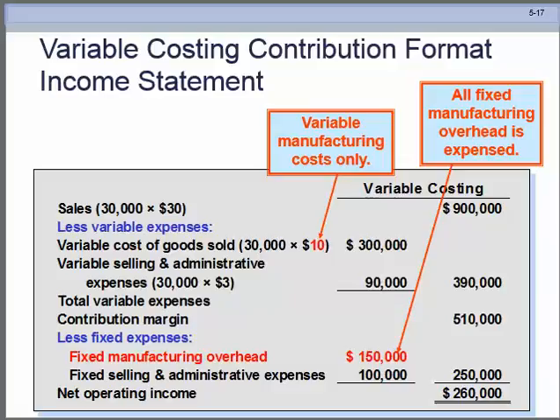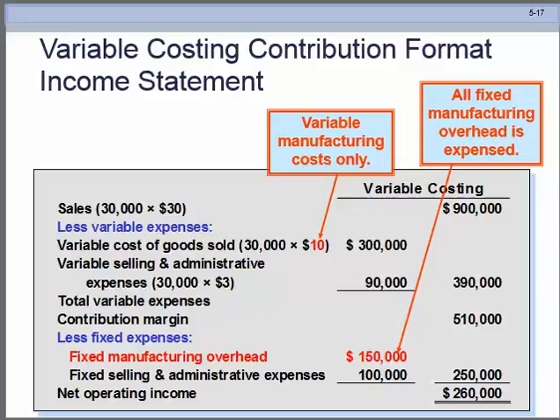Under variable costing, all fixed manufacturing overhead is expensed. It's treated as an expense. We can't recover things like the manager's salary or any of those other pieces. So under this method, the net operating income is